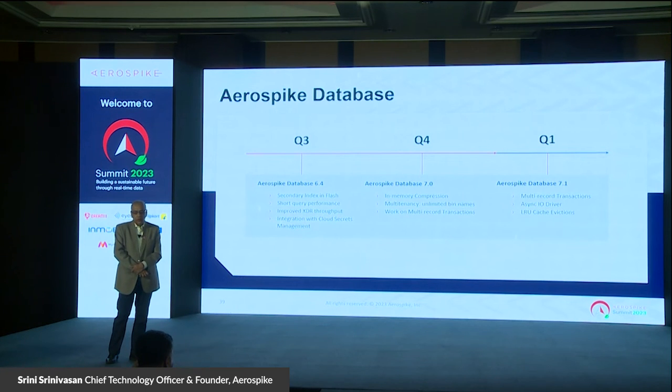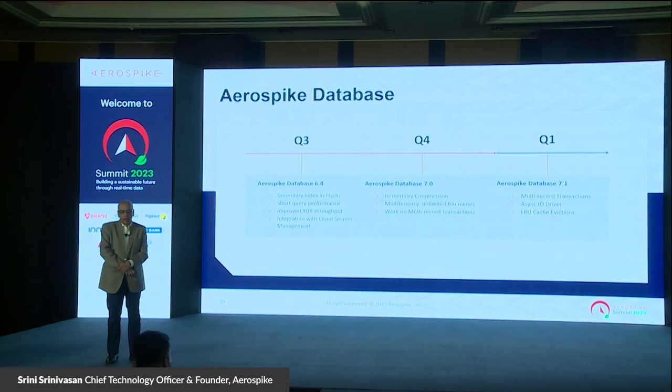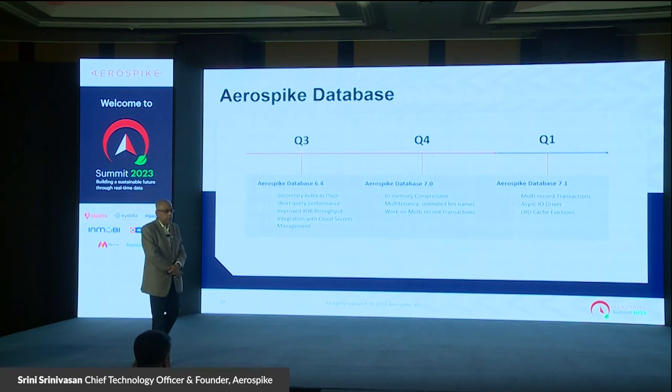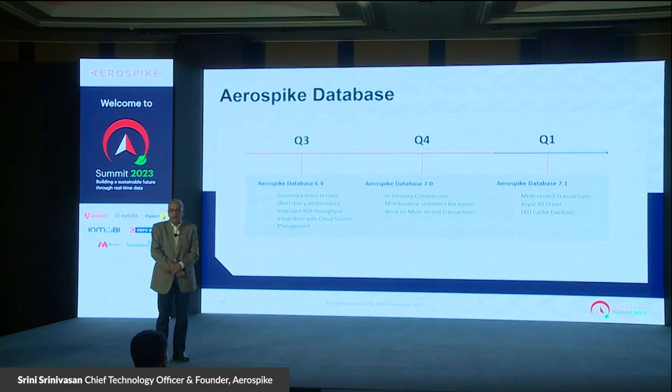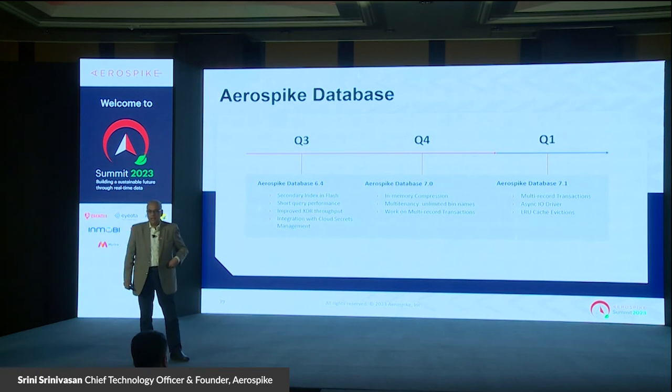Eventually, all of this will culminate in a multi-record transactions release, which will be pretty classic multi-record transactions. The behavior is you open a begin transaction, you run a bunch of things, you change, read, write. At the end of it, you will do a commit, and that's pretty standard. And that's exactly how this API is going to work. There's a whole bunch of details under the covers to make sure it works well, fast, correctly, and so on, but that's all in progress right now.